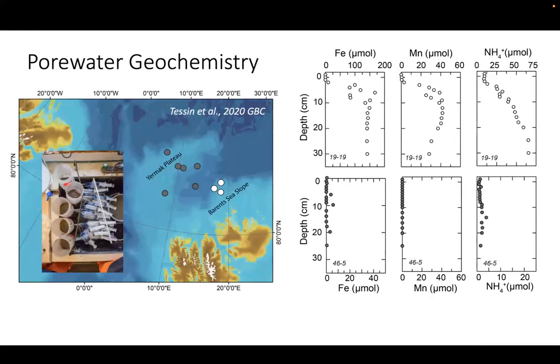Okay, so we're now looking at our porewater picture. These are dissolved data, not sediment data. Same as before, on the top, we're looking at the Bering Sea slope. On the bottom, we're looking at Yermak. This is dissolved iron, dissolved manganese, and now I've added ammonium. You can think of this as basically a proxy for organic matter remineralization. It's released to pore waters as organic matter breaks down. So in those Yermak sites where we didn't see iron and manganese moving around,